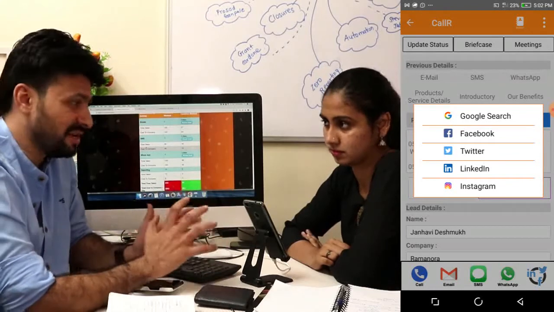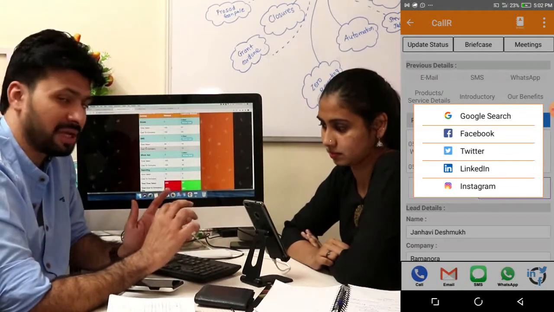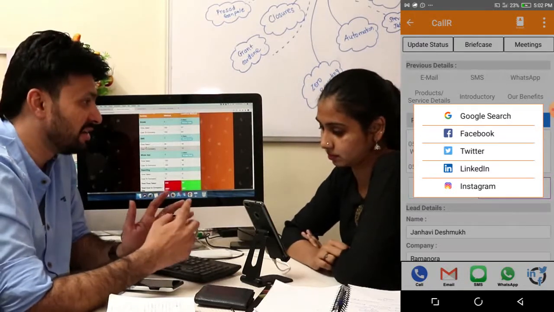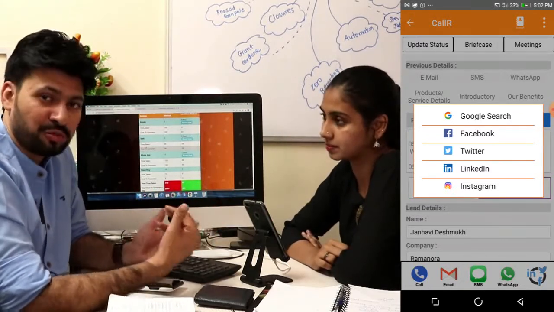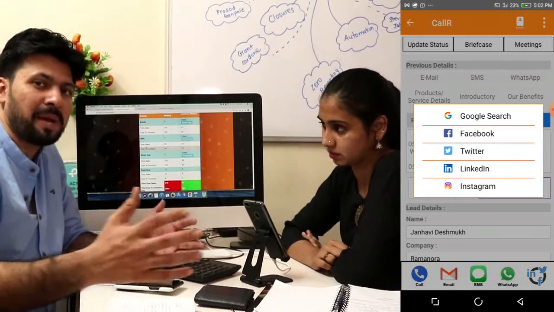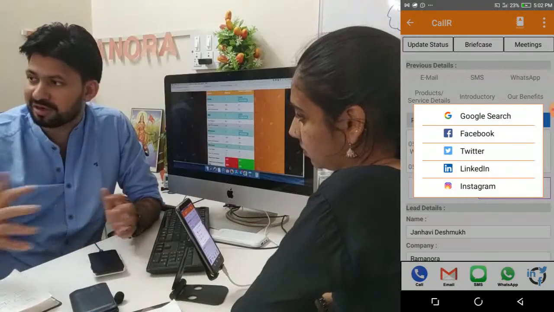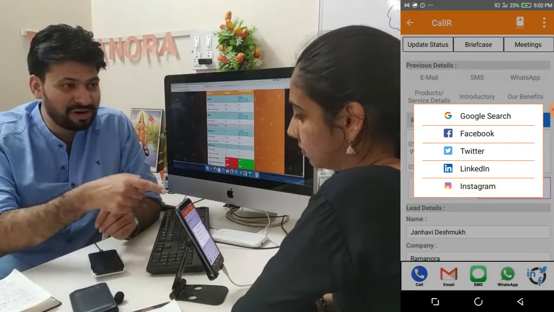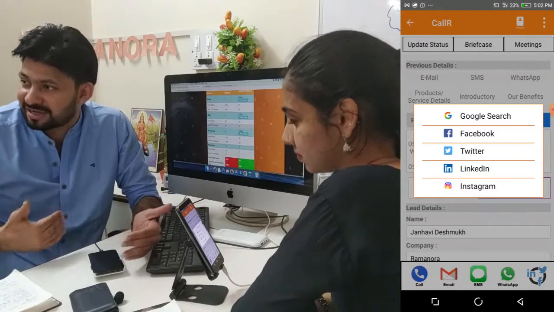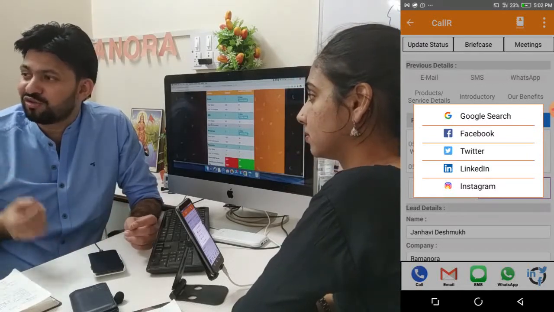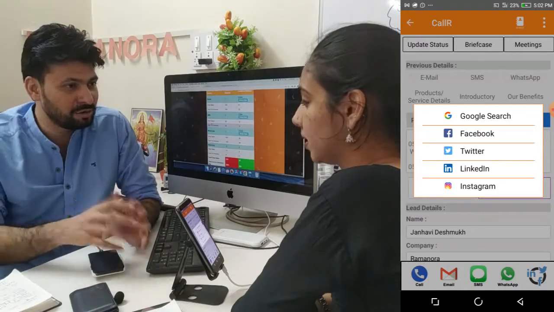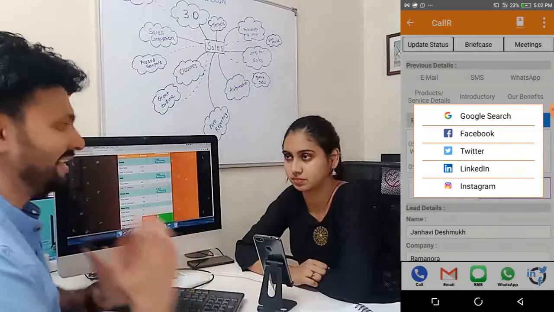So you're not only saving the details in terms of name, number, email ID or company name, but you're also now adding their social media profiles. Yes. So if tomorrow the marketing team of the organization plans to run a campaign on say Facebook or LinkedIn, and they already have the data with the links of the customers they are connected with, it becomes easier for the marketing team to pinpoint the right people and reach out to them. Correct? And that's the idea.